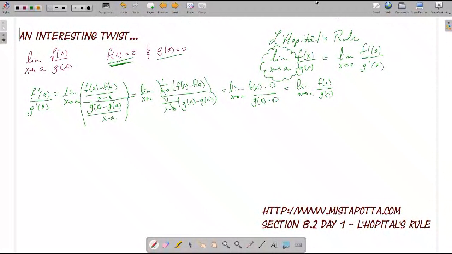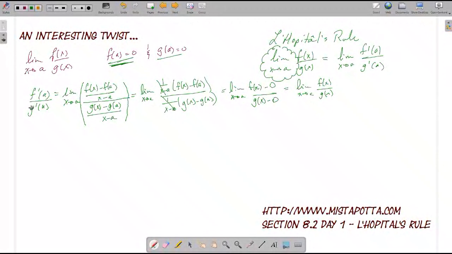Now this L'Hopital's rule that I have here is actually a little bit stronger. This idea that if I want to find this limit, I just need to find this limit. Of course, if f prime and g prime are already defined, then it's just a matter of simple substitution. And we'll do several examples